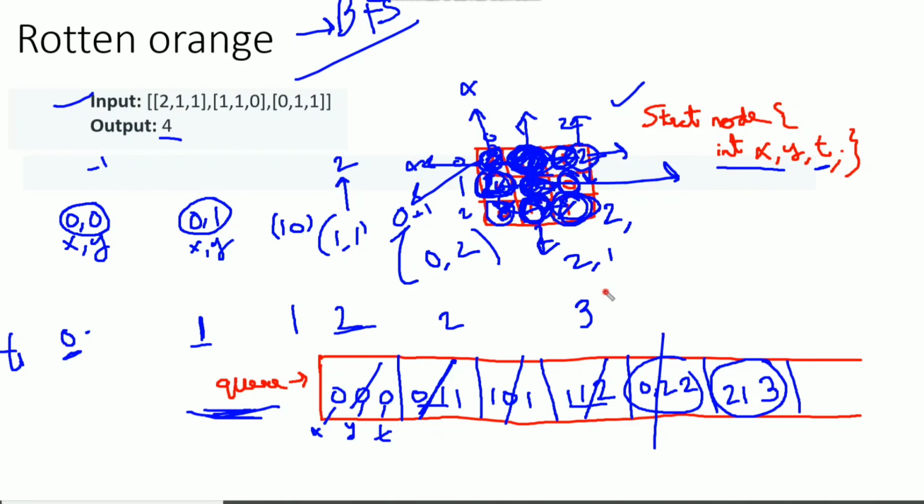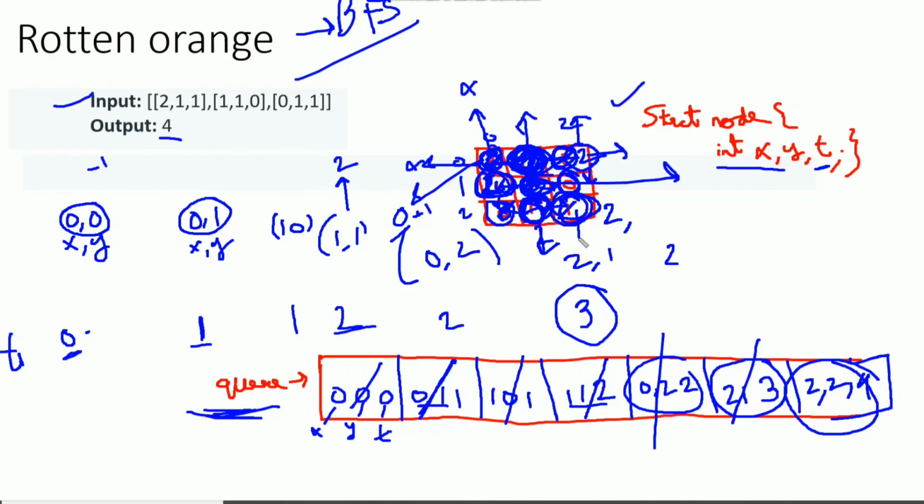So current location time is 3, and 3 plus 1 will be 4. So we need to enqueue it: 2 comma 2 comma 4. Okay, so we have explored this. Now the only location left is 2 comma 2.